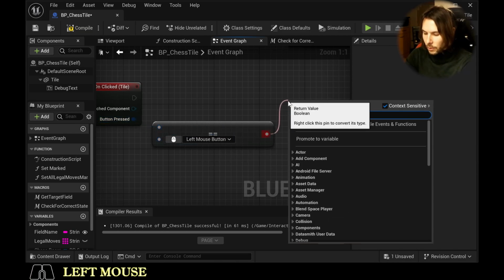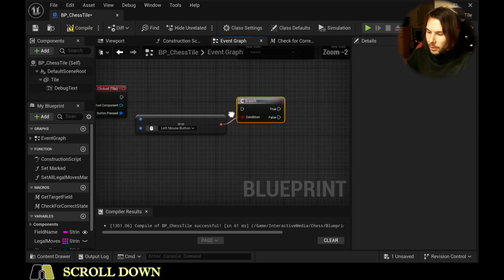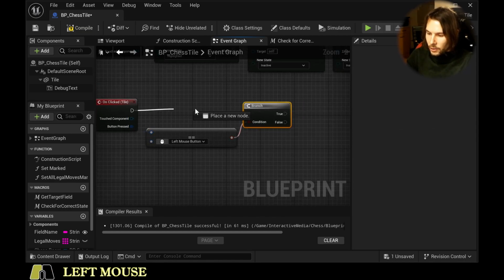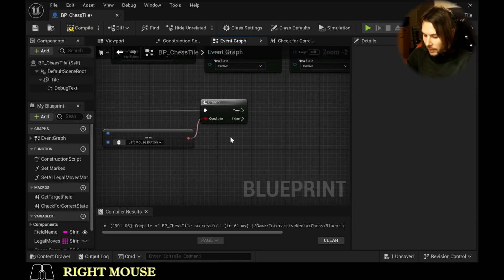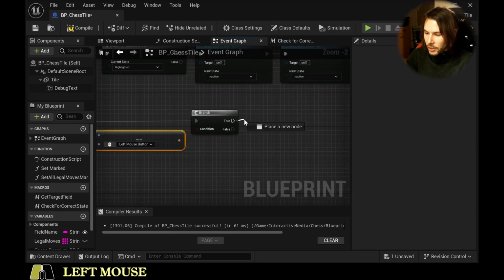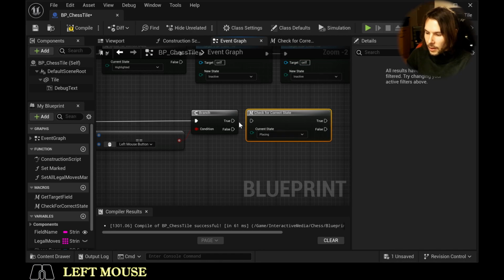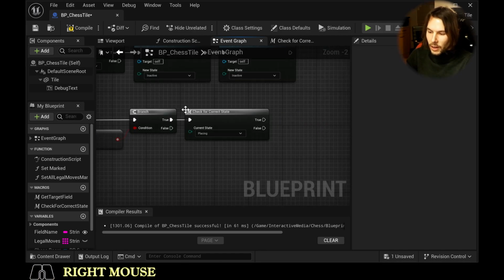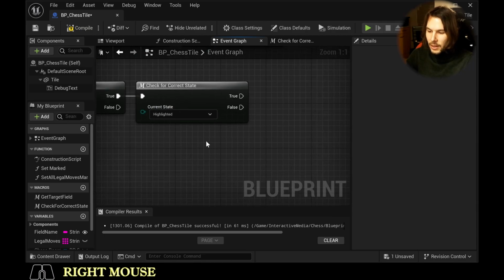Now we have to go into a branch. So simply drag from the Boolean variable, go into a branch, connect those two, maybe move them up a little so that it actually looks cool. And from there, if the left mouse button is clicked, we can check for our current state. So we check for the correct state. And now we don't want to check for inactive, but instead for highlighted, because that's the only way we can actually activate